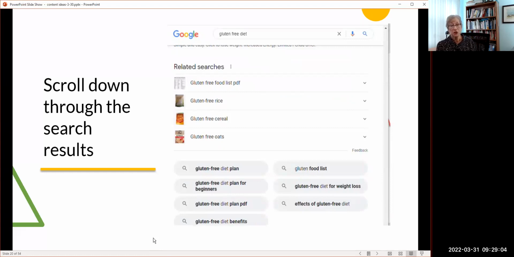All of this information, you should be writing it down because it will provide content ideas for your own website. Because if you suddenly say, oh, what am I going to write about today? You don't know. But if you have a list of the ideas, then it's easy to go and start writing.